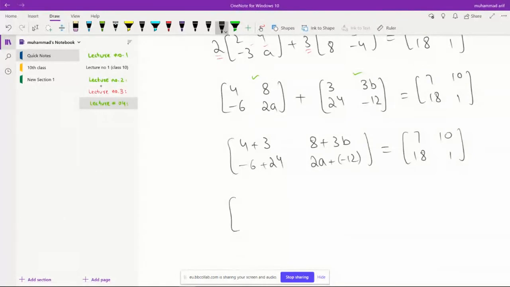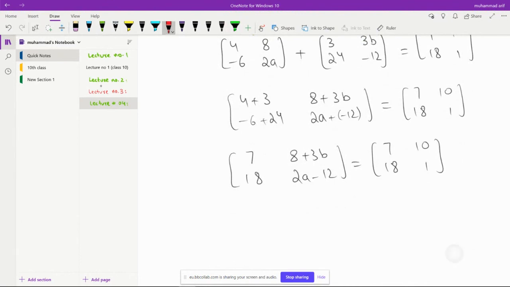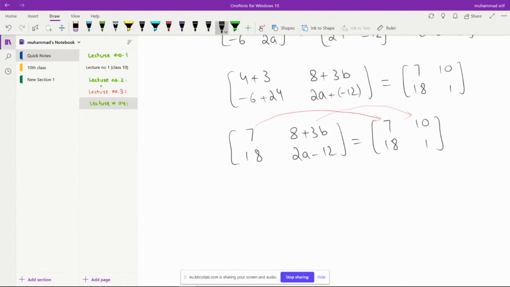Now simplify it. 8 plus 3b, 18, 2a minus 12 is equal to 10, 18 and 1. By the definition of equal matrices, first element must be equal to the first element, second element must be equal to second element. Therefore, we write 8 plus 3b is equal to 10. After solving it, 3b